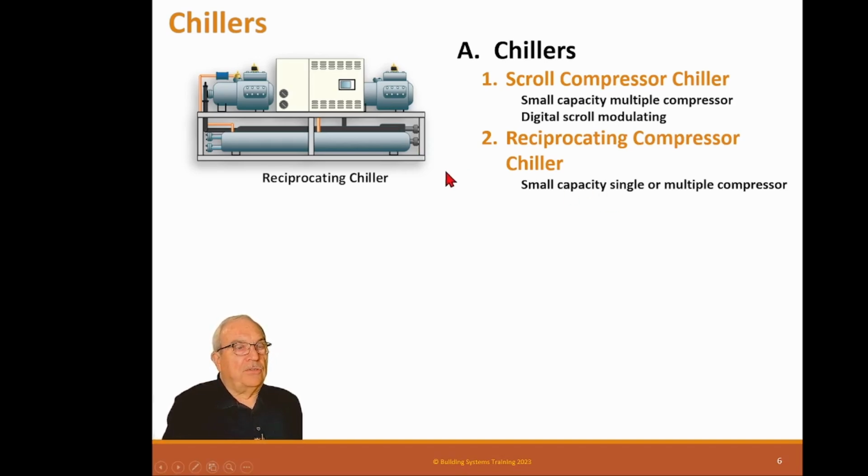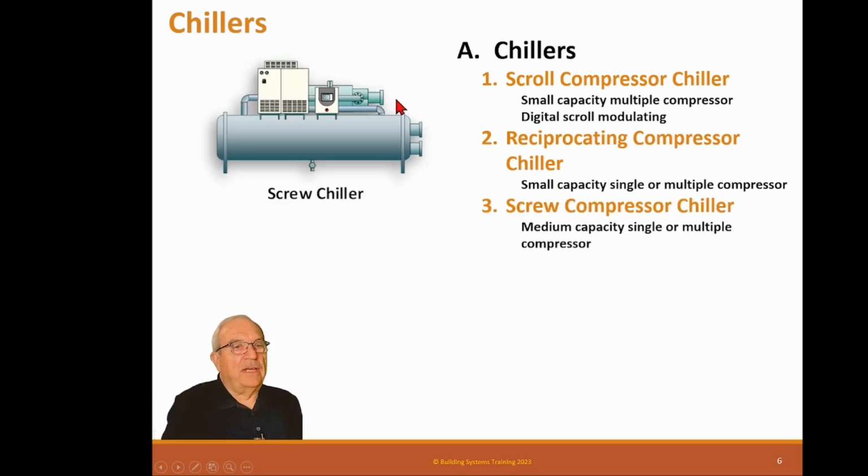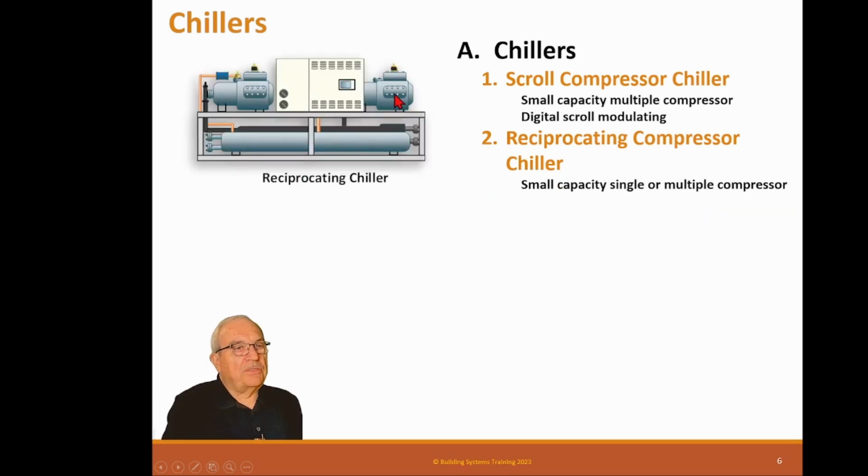Reciprocating compressor chiller. These are chillers that have these semi-hermetic compressors. So they have a compressor and a motor built into it, and the motor is exposed to the refrigerant flow. That's why it's called an enclosed chiller. So you can see that compressor. This compressor here normally has unloaders on the heads. So this is a row of heads, this is a row of heads, and there's one on the other side. And they put